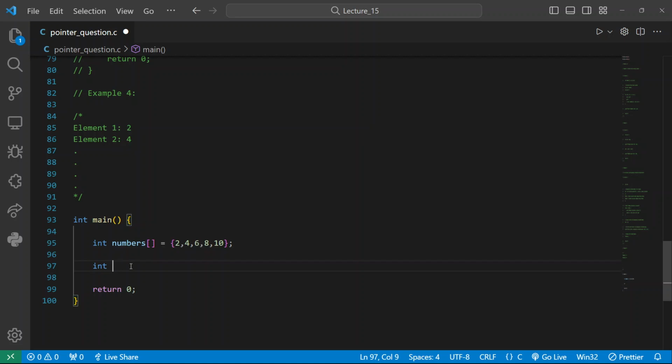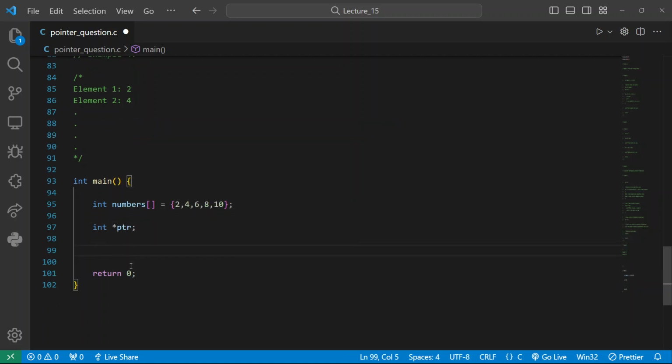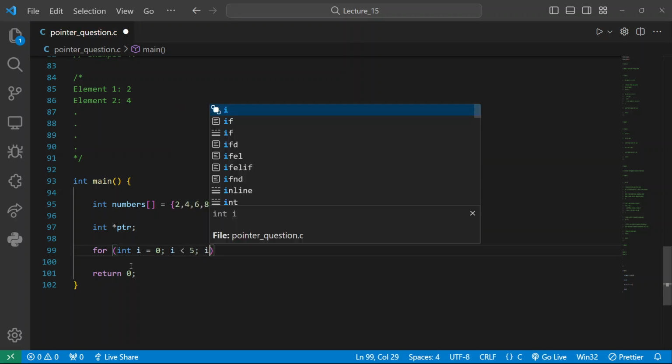What is the first thing we do with star ptr? First thing, declare our pointer. Next thing, we know the for loop. We are going to go with the for loop. We will be traversing through our for loop in a simple way, what we know. In this way,